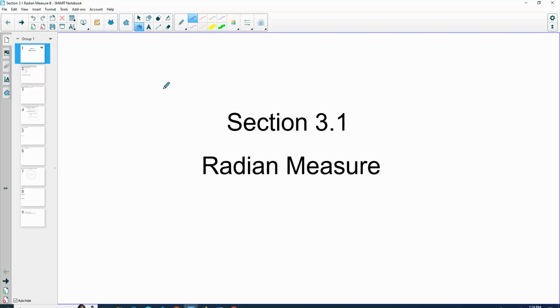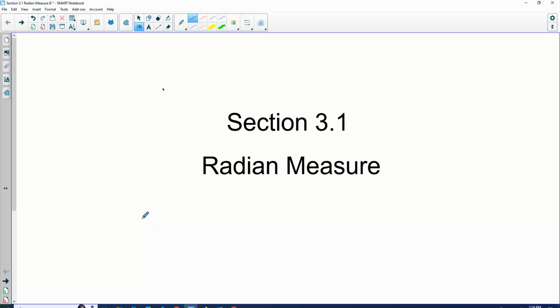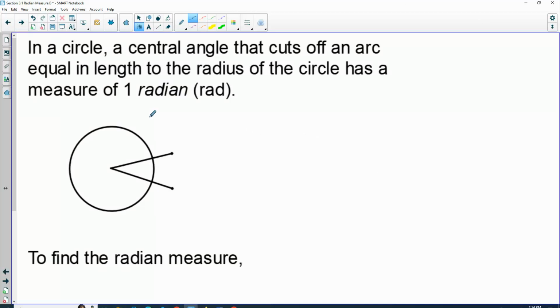So first I want to explain a little bit about what radian measure is and where it comes from. If we have a circle with a central angle, that just means an angle starting at the center of the circle and going to the edge, that cuts off an arc equal in length to the radius, then the measure of that angle is 1 radian. So a radian is the size of the angle so that the radius